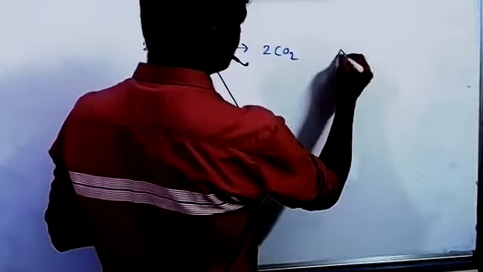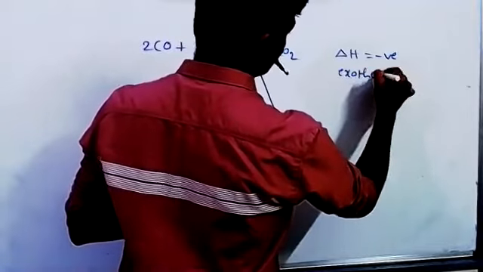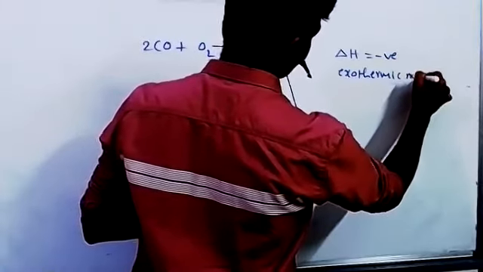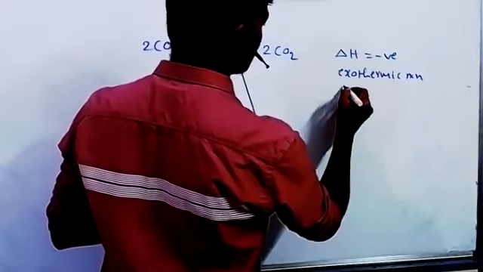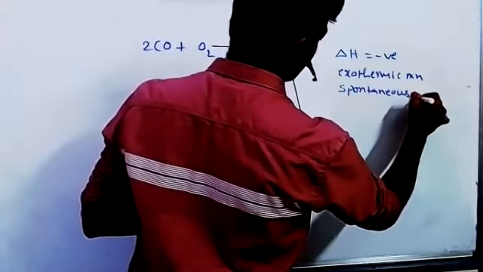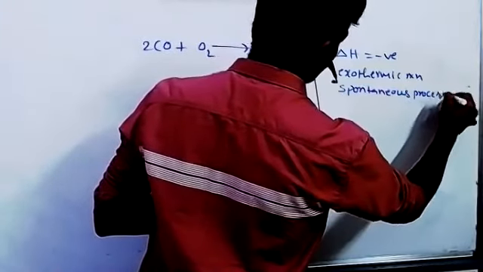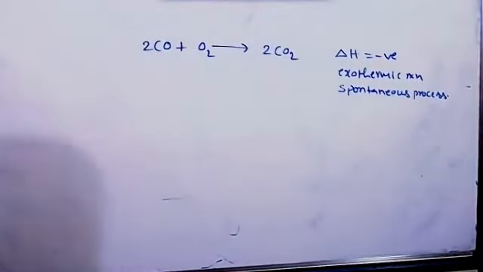So delta H is negative only. It is an exothermic reaction, and also a spontaneous process. Combustion of almost all carbon compounds is a spontaneous process. So your answer is